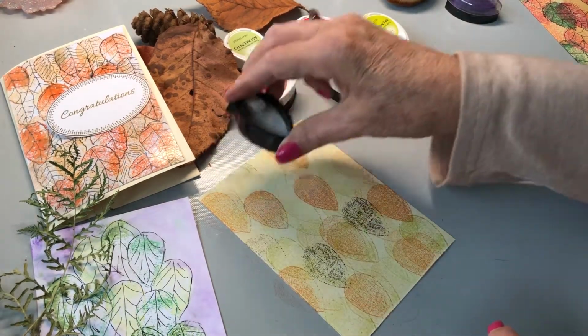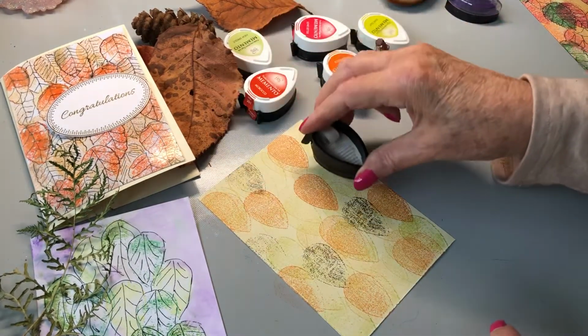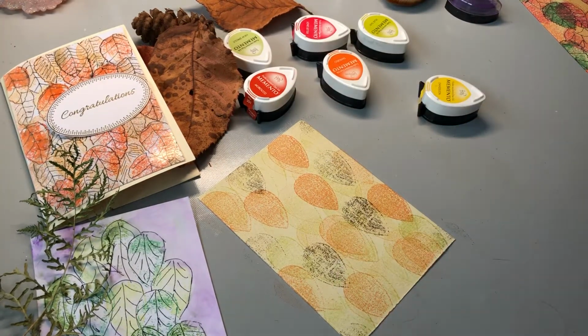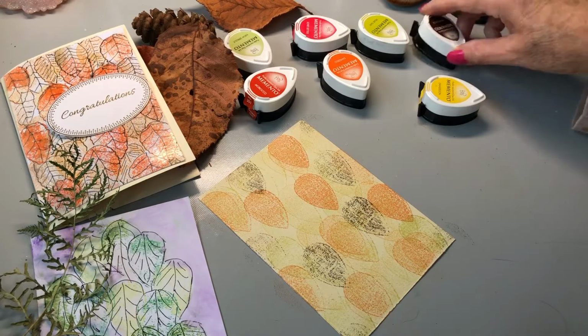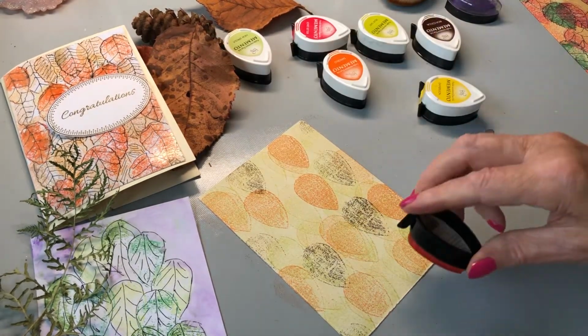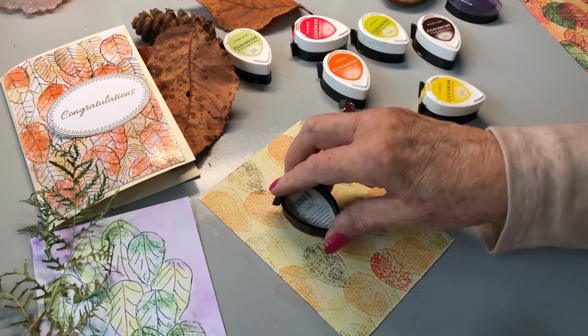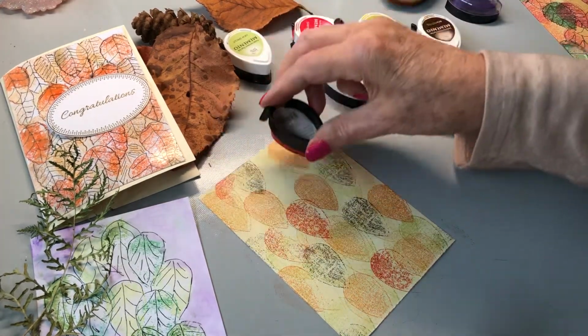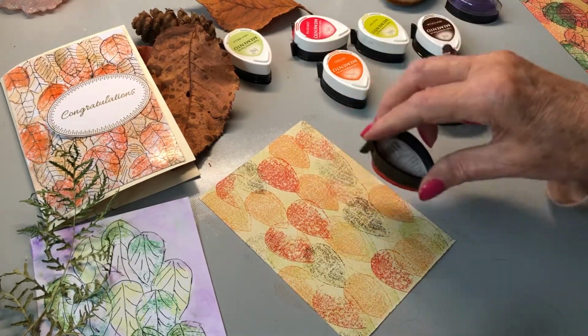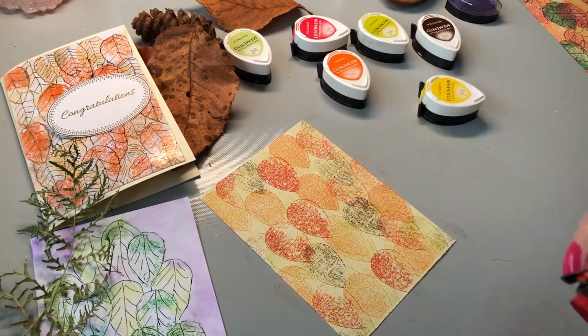I don't really want that overshadowing the, but I am going to put a bit of red in because it's another autumn colour, isn't it? Okay, so we've got a few leaves there,